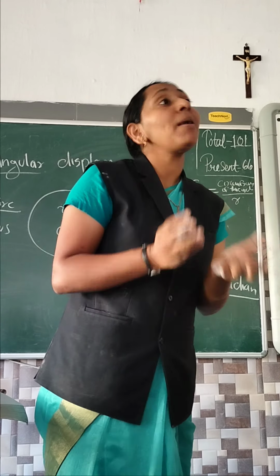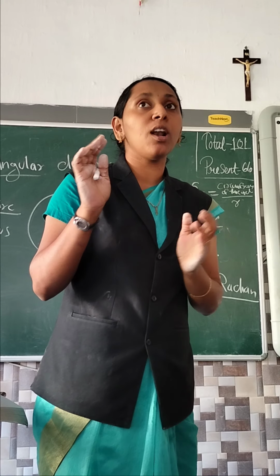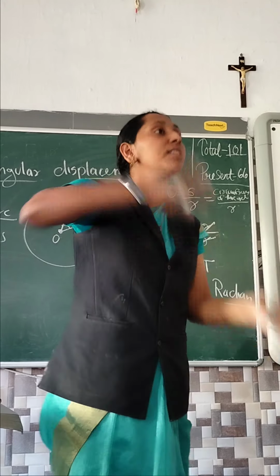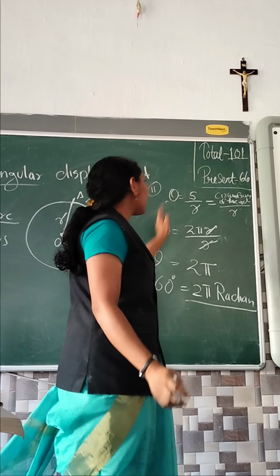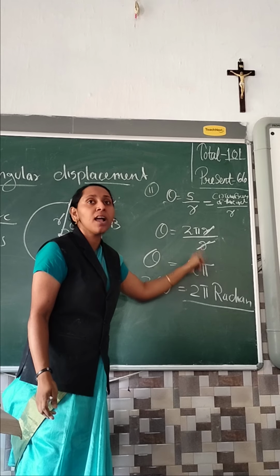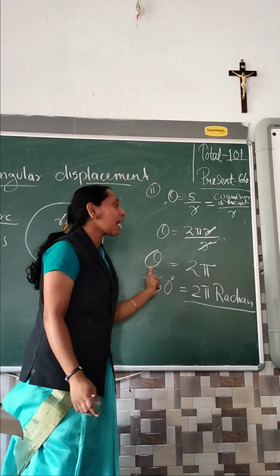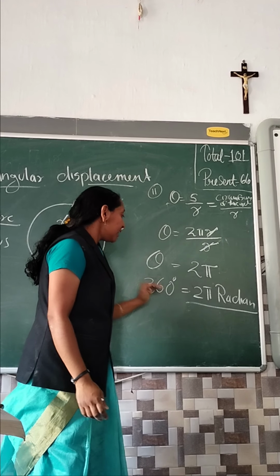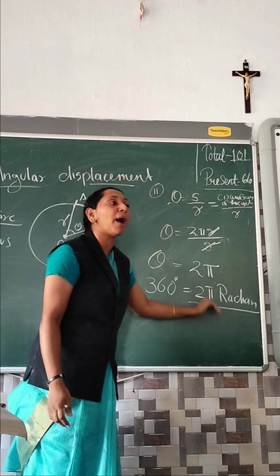I hope you can understand this. Our chapter is circular motion, so we should bother about the difference between the normal condition and the circular motion condition. The angle is theta, in degrees, and our expression is in radian. So theta equals S by r, 2 pi r divided by r, depends on the circumference. R will be cancelled. Theta equals 2 pi. Clear, everyone? Okay. 360 degree equals 2 pi radian.